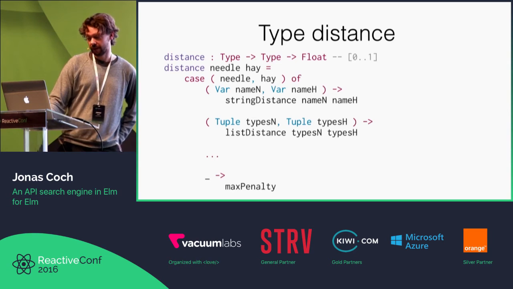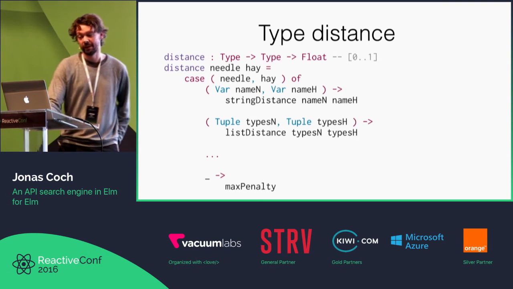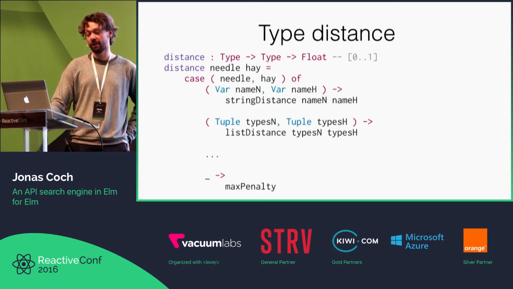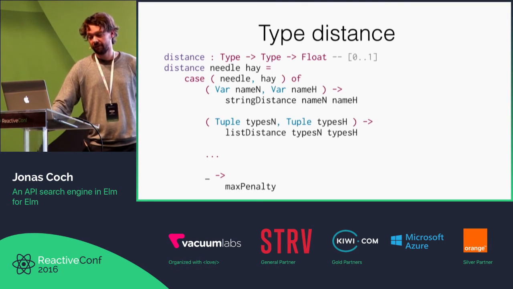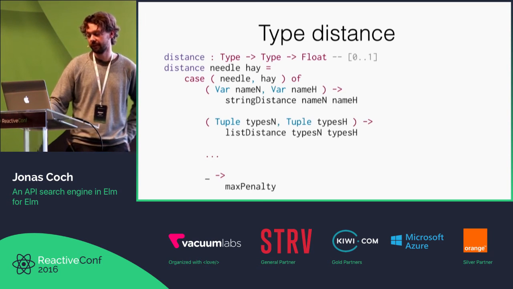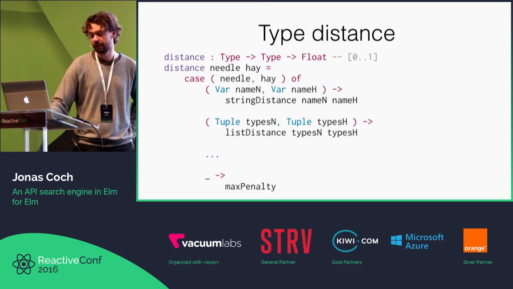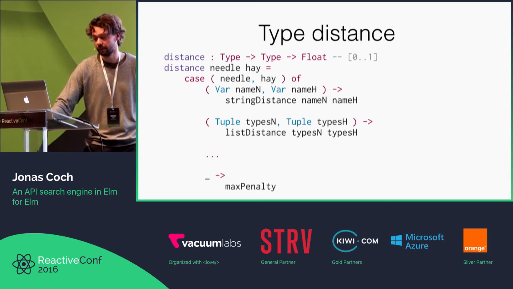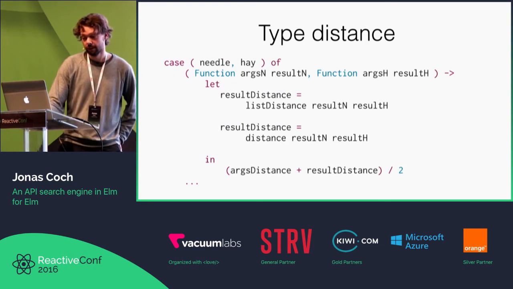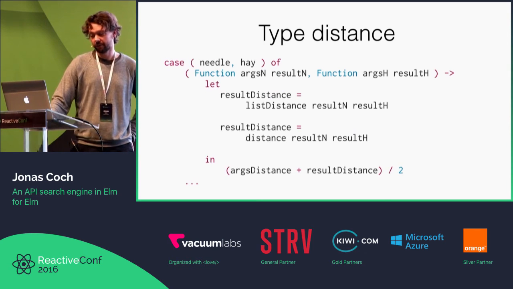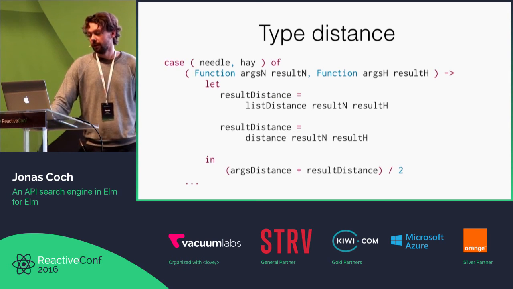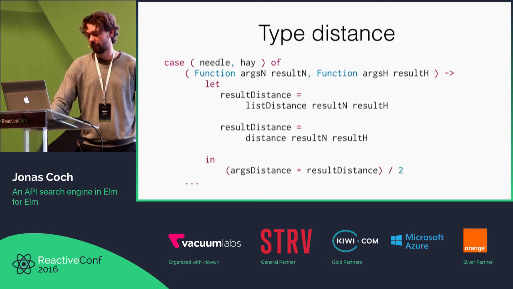It pattern matches on the two passed types and looks at interesting comparisons. In simple comparisons, it just calculates a numerical value. And when the passed type values are recursive, it calls itself recursively and then returns the mean of the different steps to get a normalized distance between 0 and 1. So interesting comparisons include functions. The list comparison of the arguments, where the order is not important, and the comparison of the return values